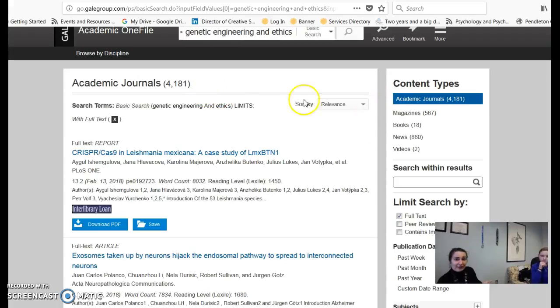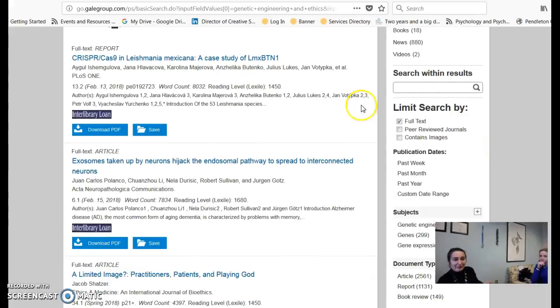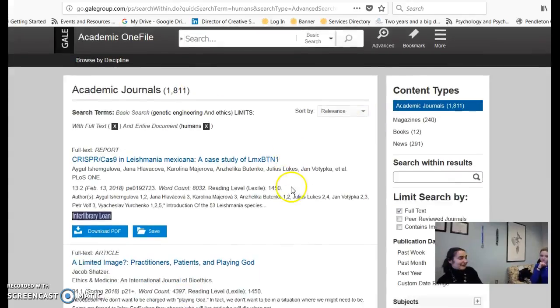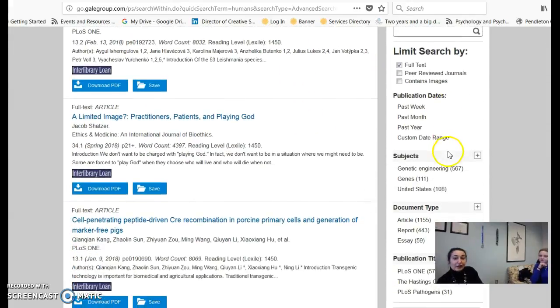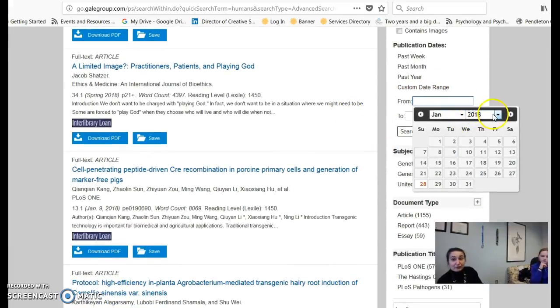So in academic journals alone, we came up with 4,000. We can do a couple of things to limit. I'm running out of time here, so peer-reviewed. You can do that. You can also search within the results. So you might say right away, well, no, I really just want to focus on humans. So that's one of my searches there. So we've just cut out 3,000 articles. Which is nice. Yeah. You can limit by date range, and again, because of your topic, you know, you might